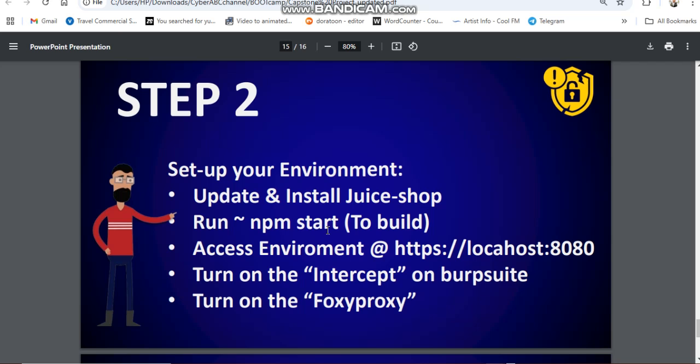Now, this Juice Shop is deliberately built vulnerable just to allow you and I, cybersecurity personnel, to be able to test run our skills and go the extra mile to enhance our attack and penetration skills. Okay.